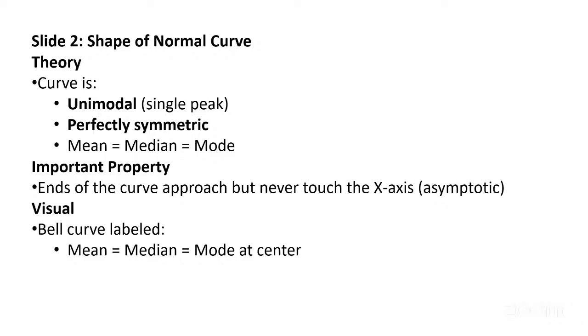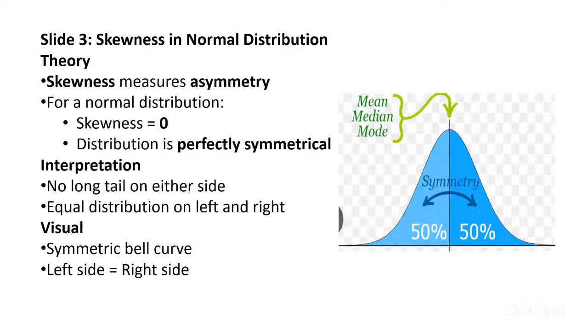Okay, moving to the next slide. So what is skewness? Why do we measure skewness? Skewness measures the asymmetry of the data. If the data set has lots of outliers, then the mean is affected